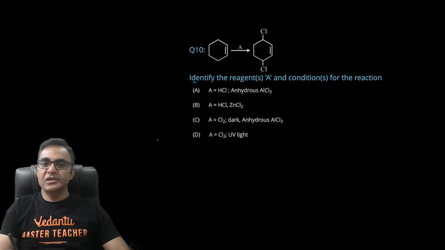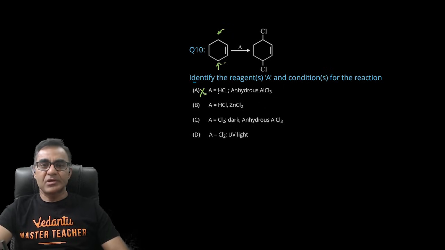आइडेंटिफाई द रिएजेंट A एंड कंडीशंस फॉर द रिएक्शन। ओके, तो देखो यहाँ पे एलाइलिक पोजीशन पे हाइड्रोजन लेके आ रहे हैं, तो A तो नहीं होगा। एलाइलिक पोजीशन पे रेडिकल सब्स्टिट्यूशन रिएक्शन होगी, यहाँ पे आपका इलेक्ट्रोफिलिक एडिशन नहीं हो सकता, तो HCl AlCl3 नहीं होगा। HCl जिंक क्लोराइड भी नहीं होगा, ये लो कॉस्ट एजेंट होता है, ये अल्कोहल के लिए यूज किया जाता है। अगर HCl डाल भी दोगे तो इलेक्ट्रोफिलिक एडिशन हो जाएगा। क्लोरीन इन डार्क